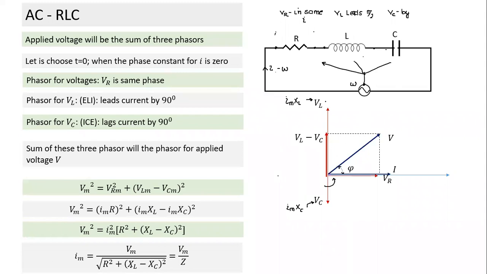And you notice this formula matches the previous two derivations. When we had only R connected, impedance itself is equal to resistance R. When R and L were connected, Z was equal to the square root of R square plus XL square, and so on and so forth. So this is like a superset. Once we understand this, all other things are based on this equation.